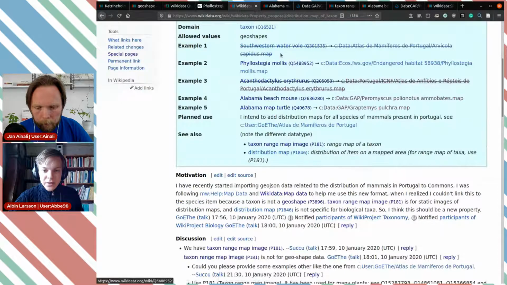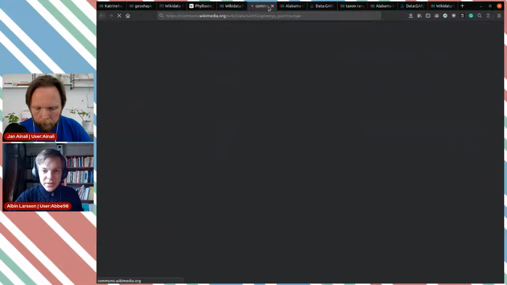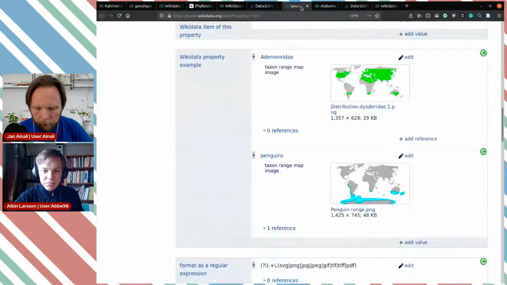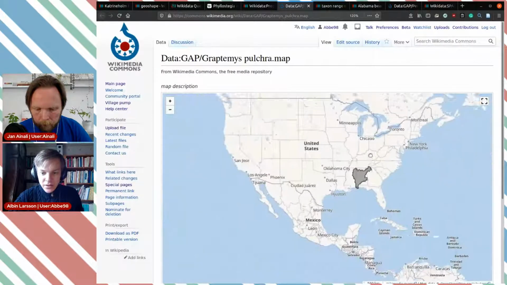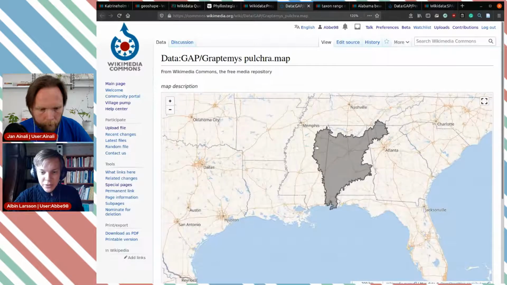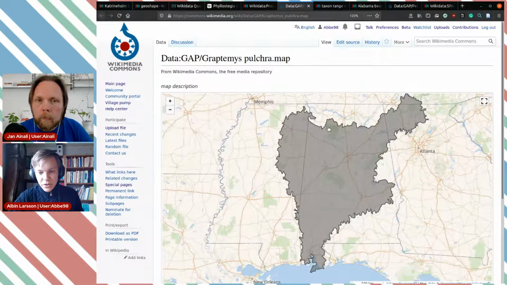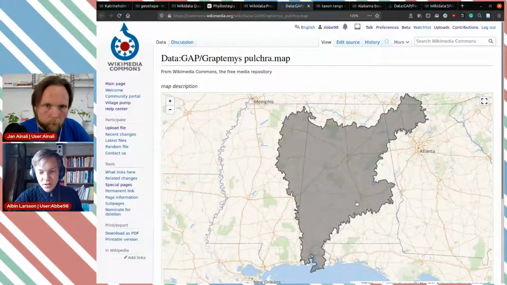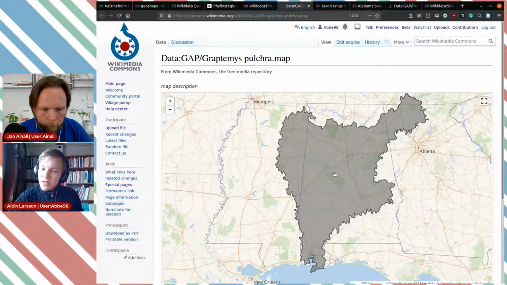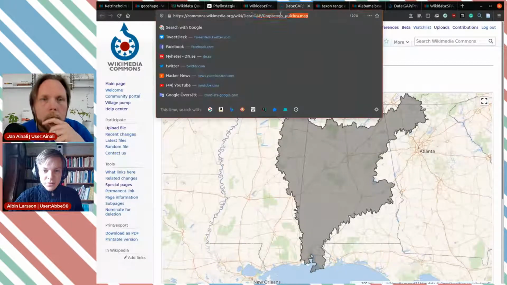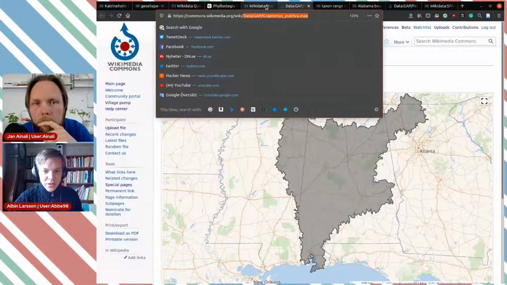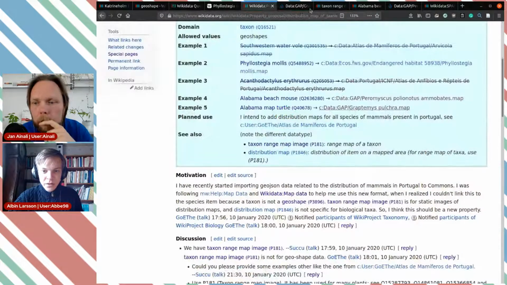Let's see here. We had one more we could do. Yeah, here is the map turtle. It's in a much larger area. We got a couple of protected areas which overlap with it, but I imagine we might not have the Geoshape for those. But let's add this to the item to begin with. So the map turtle,